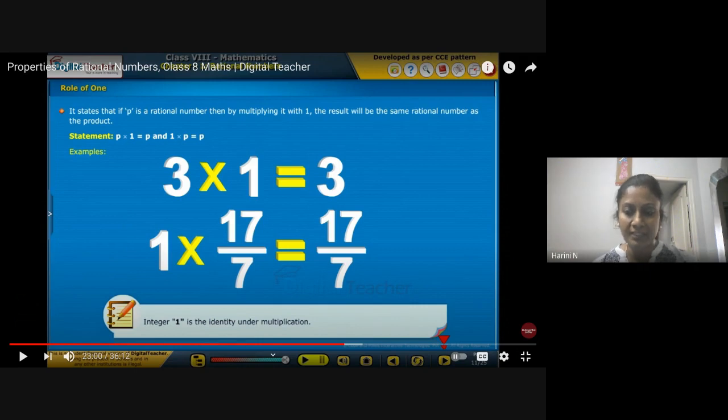So coming back to the second property, that is the role of 1, like we have seen the role of 0. 0 acts as an additive identity because when you add 0 to any rational number, you get back the same rational number. Similarly, when we talk about the role of 1, when we multiply 1 with any rational number, we are always going to get back the same rational number. And hence, like 0 is called the additive identity for rationals, 1 will be called the multiplicative identity for rationals. Followed? So this is the second property that we have seen today, right? So now we shall continue further.